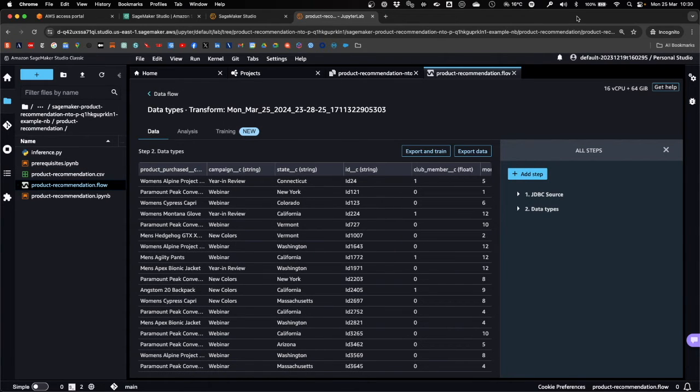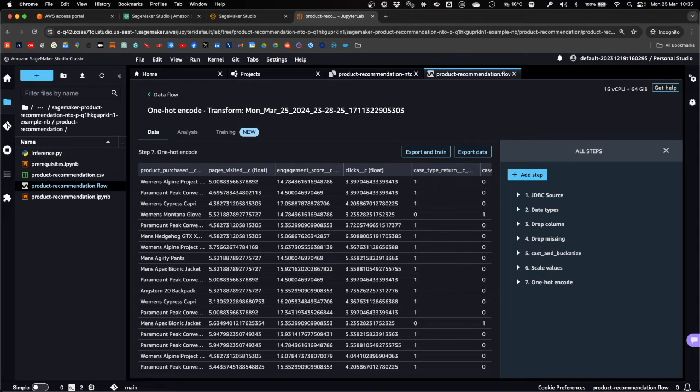After creating the data set, you will see that Amazon SageMaker will automatically populate two important steps, for example, the data source and the specification of the data types. What I will do in a couple of subsequent steps is to add new steps to it that define how to drop or handle missing data in the data set, whether to drop certain columns that we don't need for training the model, doing some custom transformation, etc., to get the data ready to train the machine learning model. I have now added all of these additional steps, and our data set is now ready to train the machine